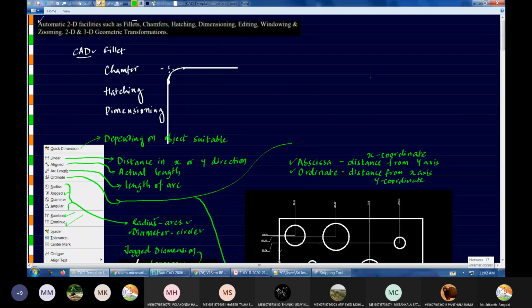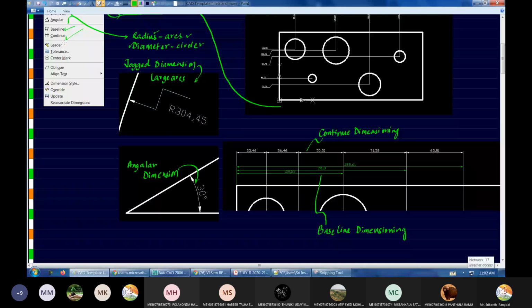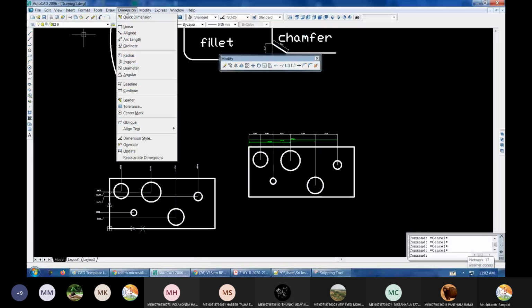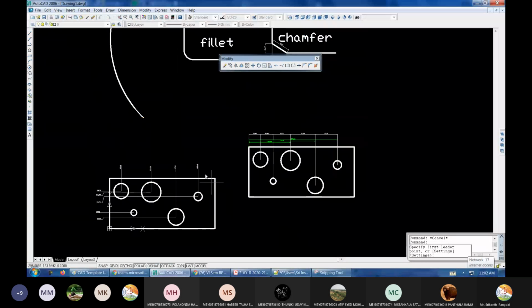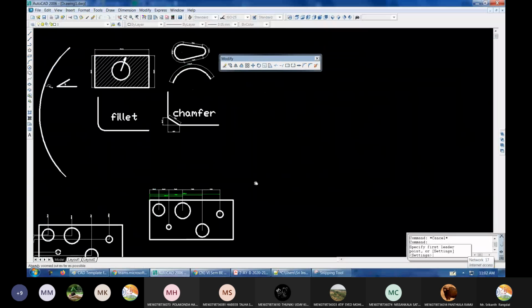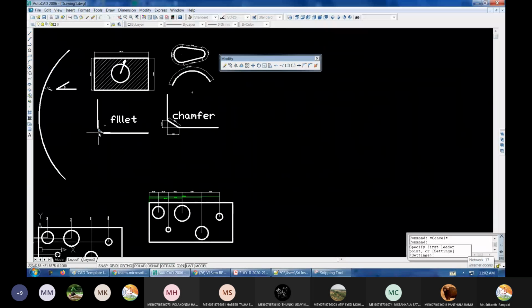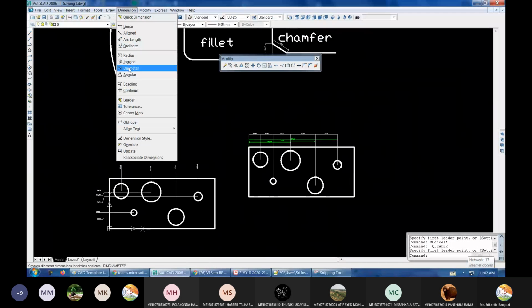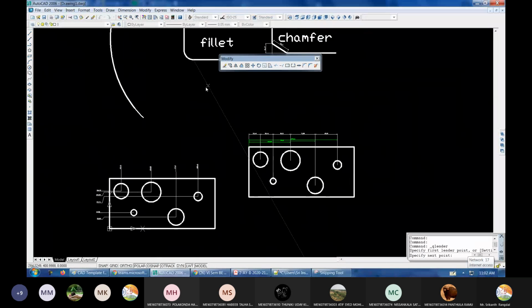Then coming to leader. What is a leader? Anyone? Suppose you want to give the details about something, let us say surface finish, then you can use a leader. So let me choose leader first. Then I'll have to draw this line here. Press enter, enter. So you can put up text like this.